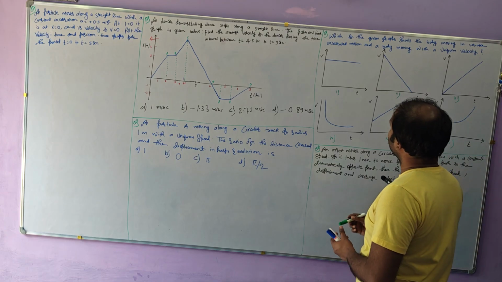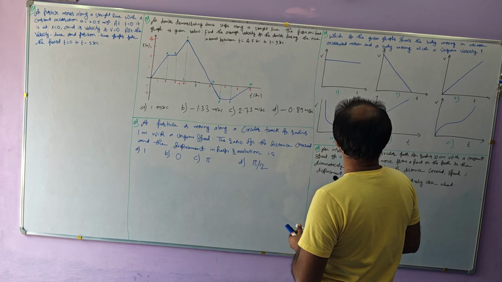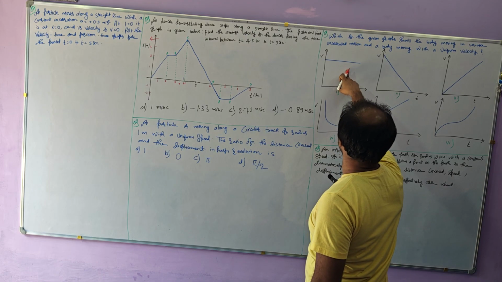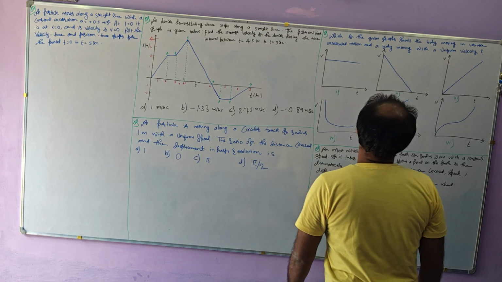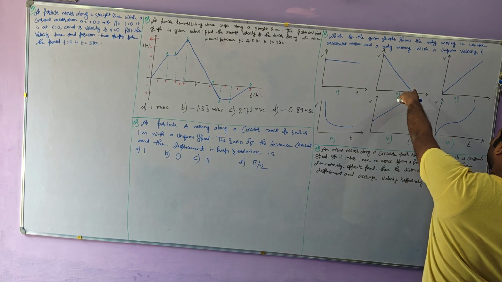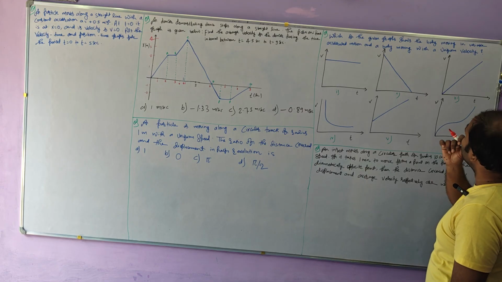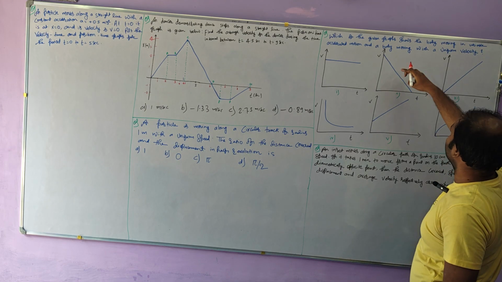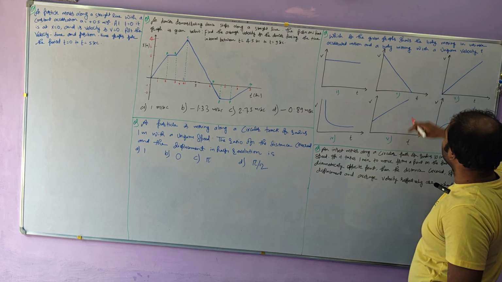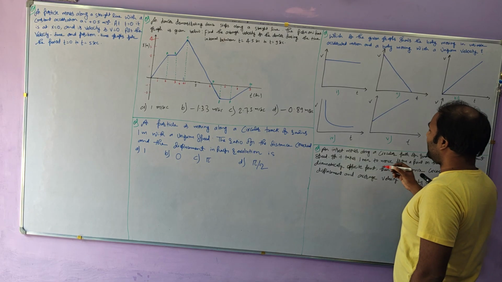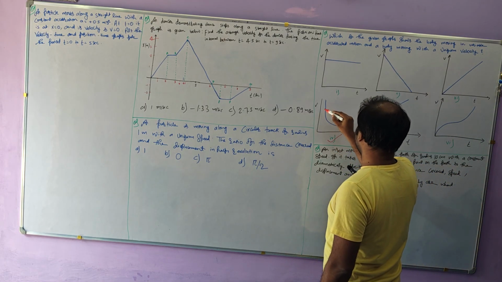Here, the slope of a velocity-time graph gives acceleration. That means the slope of this graph parallel to the time axis is 0, so acceleration is 0. And this will give a negative slope. That doesn't mean a variable acceleration. That means a uniform acceleration in a decreasing way. That is also a constant acceleration, but in a graph, this will have a variable acceleration.